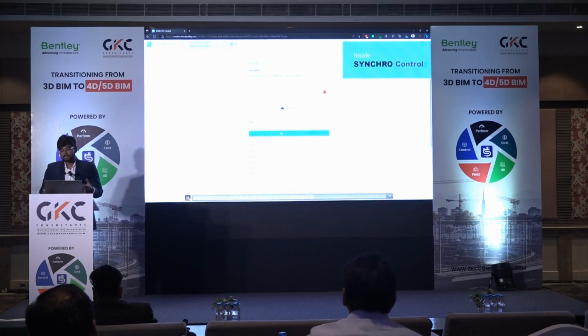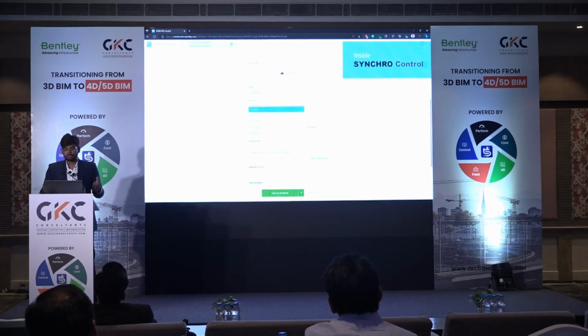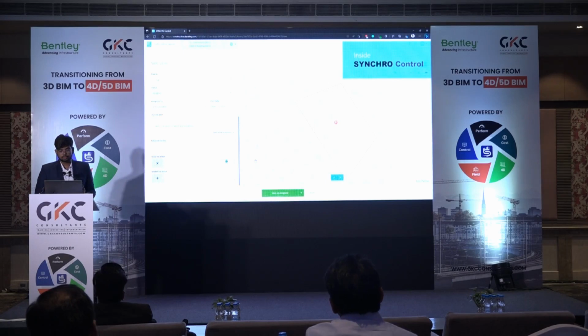And this whole communication gets saved in the Synchro control, and that's what I'm saying: whatever you do, whatever you communicate, starts consolidating at one single location, and you can use this data later for other kinds of analysis. Now, while raising an issue, we start saying the geolocation, where exactly the issue is found,